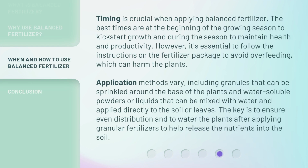Timing is crucial when applying balanced fertilizer. The best times are at the beginning of the growing season to kickstart growth and during the season to maintain health and productivity. However, it's essential to follow the instructions on the fertilizer package to avoid overfeeding, which can harm